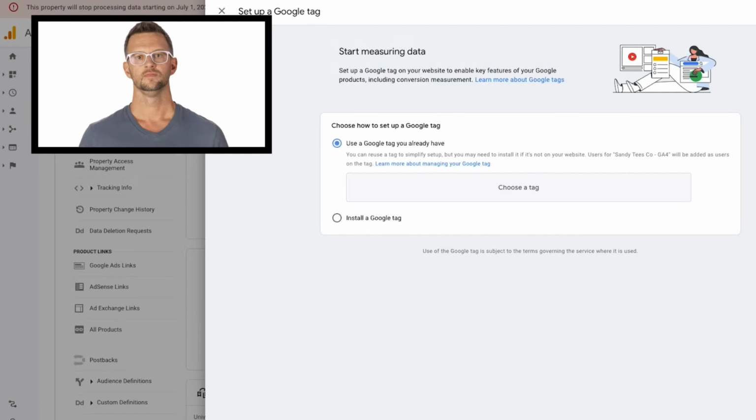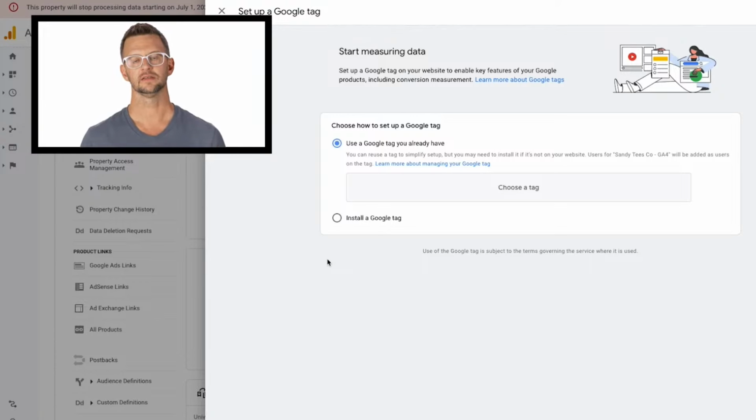If you did have that Google Site Tag checkbox on the previous screen, you're all set. Stay tuned for the Q&A in just a few minutes. If you didn't see or check that box, then your screen probably looks like mine right now. And you'll notice that there's one more important step for today, which is to set up your Google tag, which is how you